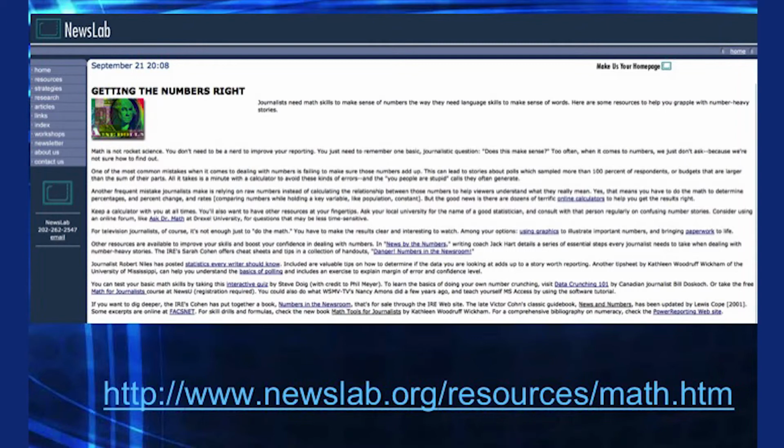Okay, let's talk a little bit about numbers and the news, okay? Numbers and the news. This is going to be very, very quick. This is a consciousness-raising exercise, okay? I have here a little screen grab from NewsLab. NewsLab.org has lots of resources, but they like to talk about getting the numbers right. A lot of us kid about not being too good at math, and it's an old truism that reporters aren't, but we should be, right?